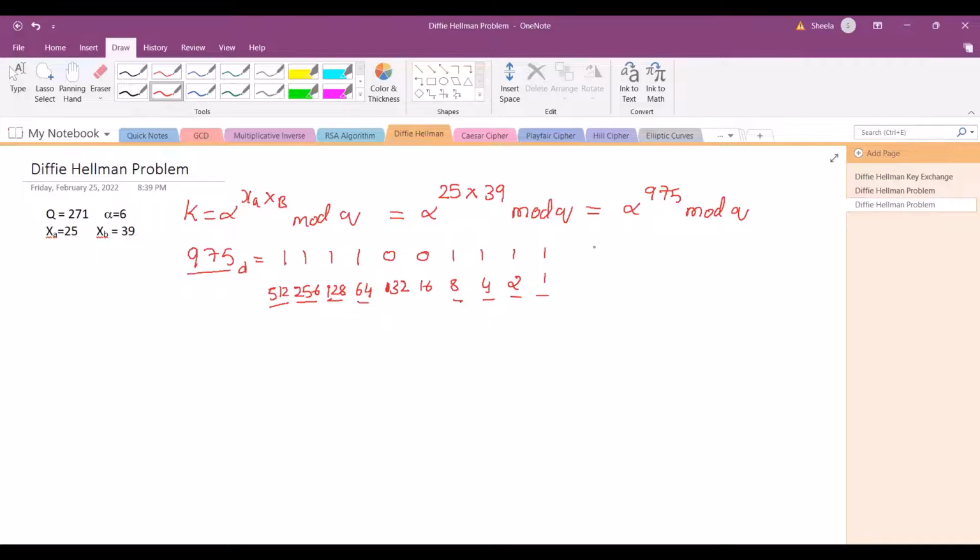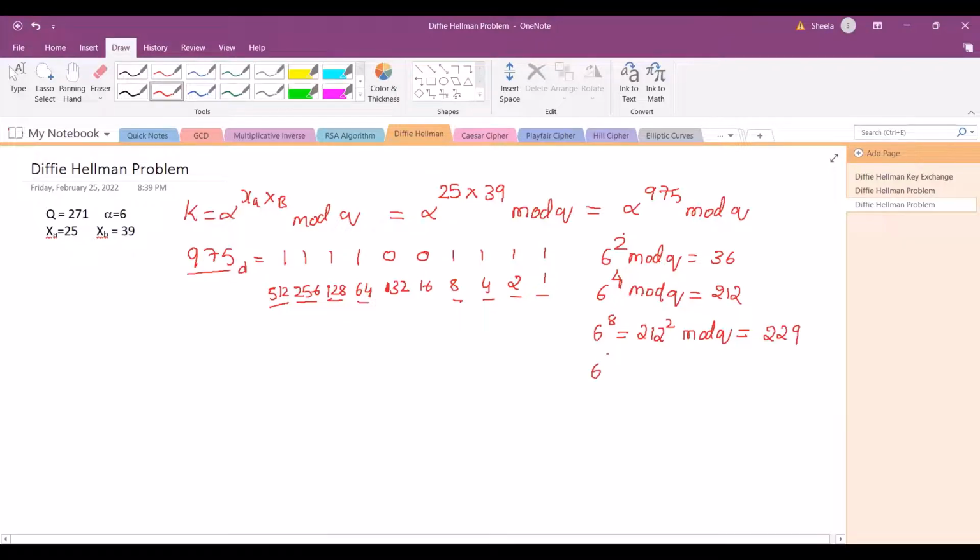The next thing I need to compute is 6 to the power of 2 mod q, which is nothing but 6 square is 36, mod 271 is 36 only. Then 6 to the power of 4 mod q, so we get the corresponding value as 212. And next 6 to the power of 8, which is 212 square mod q, and the corresponding value is